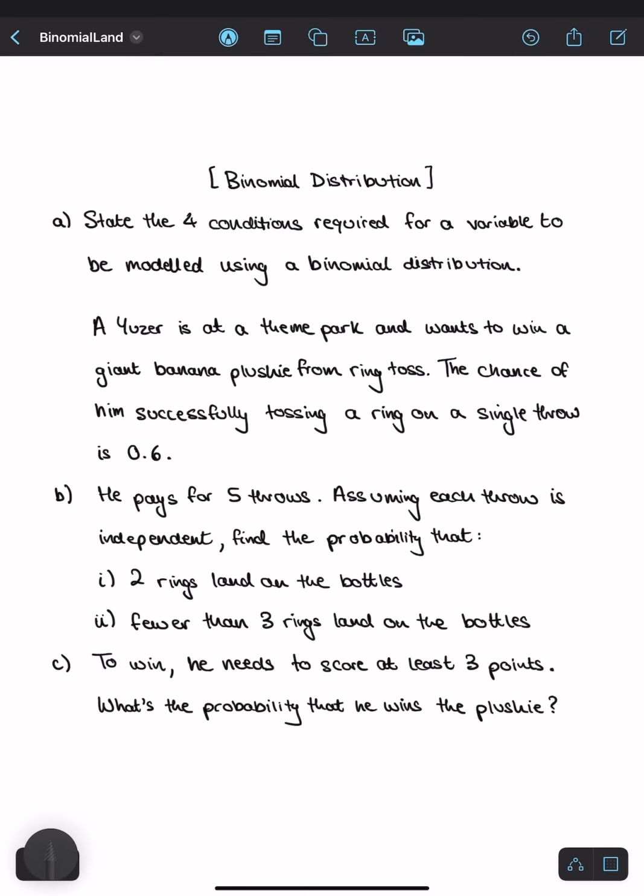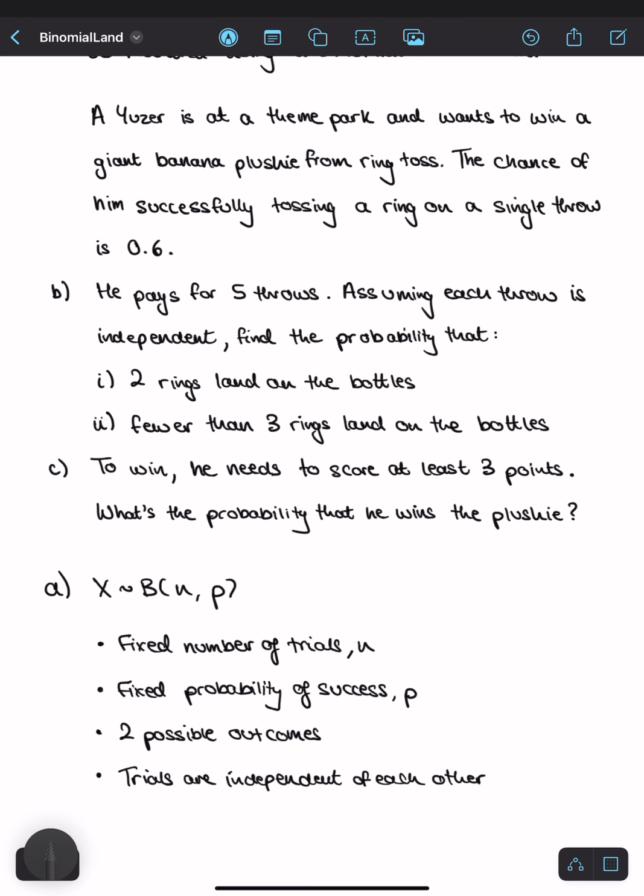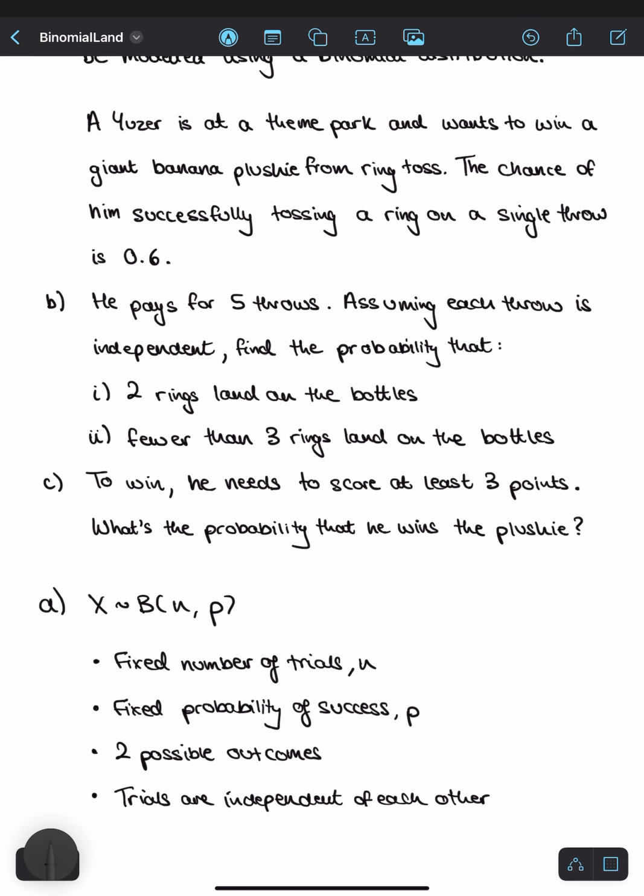You need to be fully confident in these things when dealing with binomial distributions. Part A. State the 4 things required for a variable to be modeled using a binomial distribution. It helps to write a general distribution model and then see the 4 conditions from that. So if we write that x is binomially distributed with n and p, we can see that we need a fixed n value, a fixed p value, 2 possible outcomes because it's binomial, and that the trials are independent of